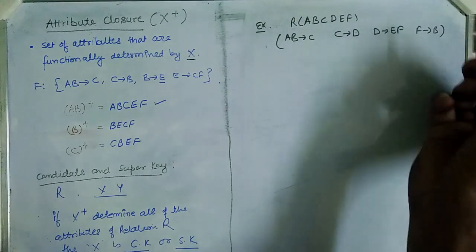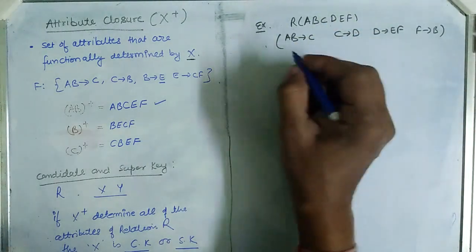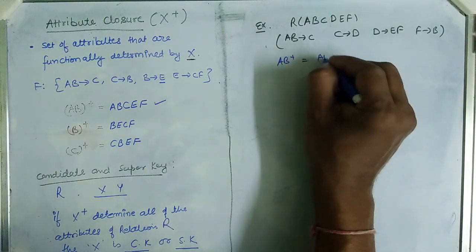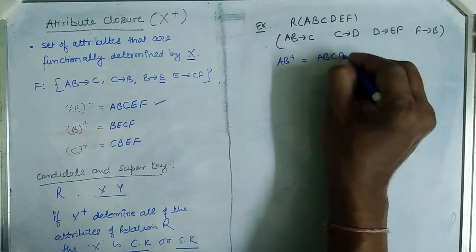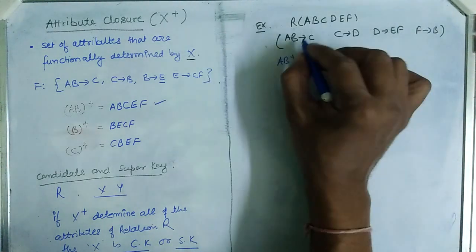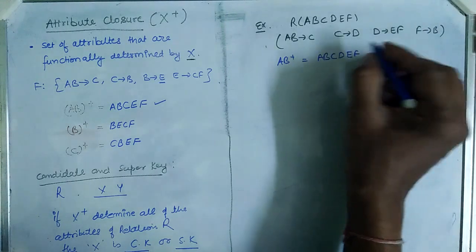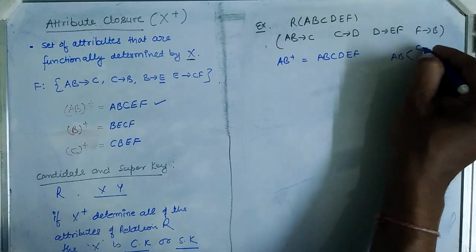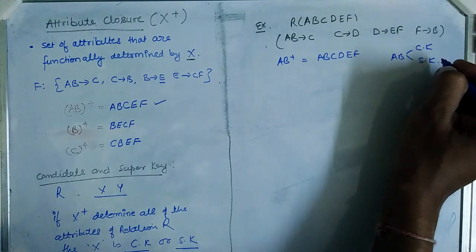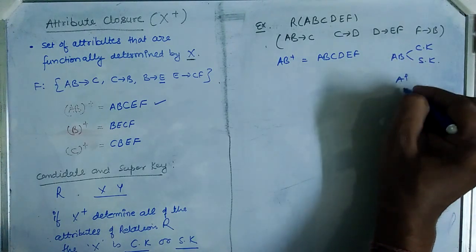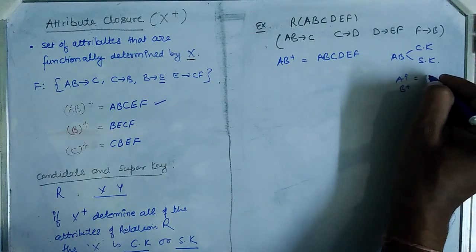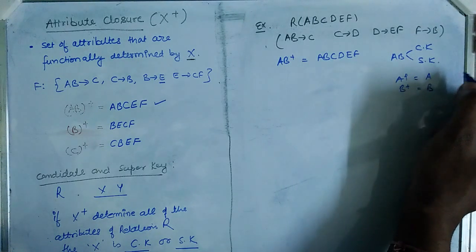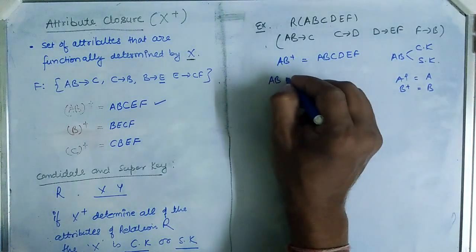So let's calculate the candidate key first. So find out the AB closure. By AB closure, you can derive all the attributes A, B, C, D, E and F with the help of the functional dependencies given. So here I can conclude that AB may be a candidate key or a super key. So let's start with the A closure and B closure. Your A closure can find A and B closure can also find B, nothing else. So I can conclude that AB is one of the candidate keys possible here.